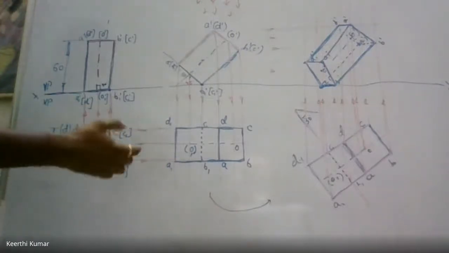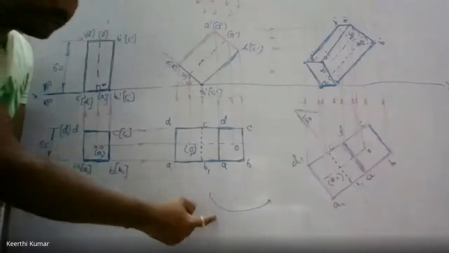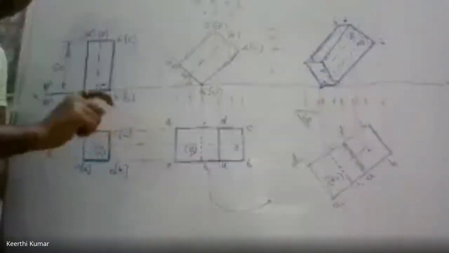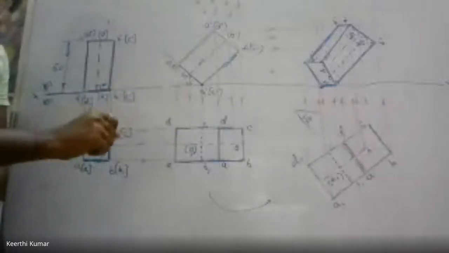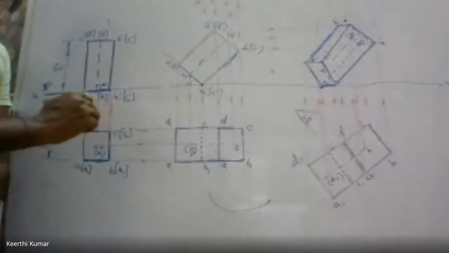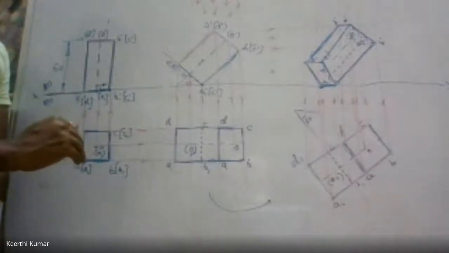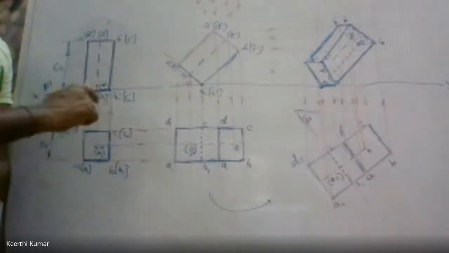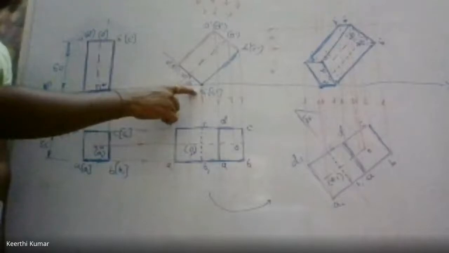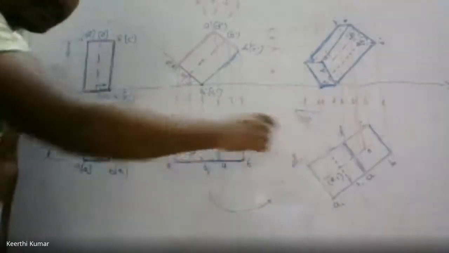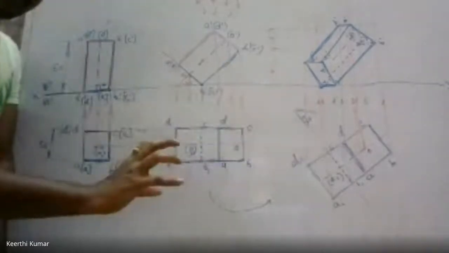We check that. Then you should copy the same figure here, but while copying, you should concentrate on what has to be the 30-degree line. In the question, he has given the edge on which it rests, or one of the base edges on which it rests should be 30 degree. So it is resting on B1, C1. So in this figure, B1, C1 you copy, paste. Same figure you rotate to 30 degree.